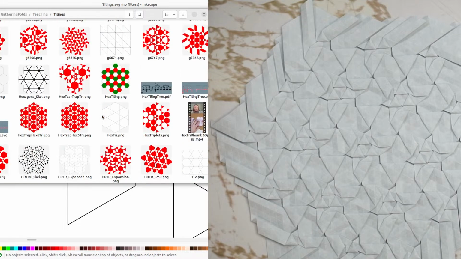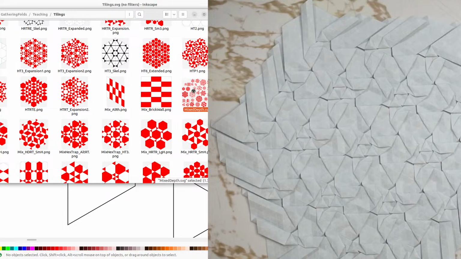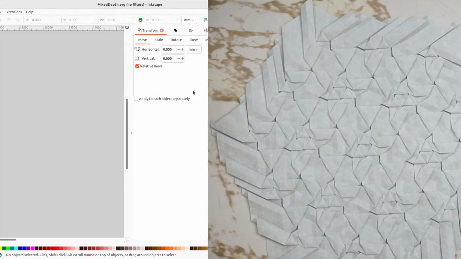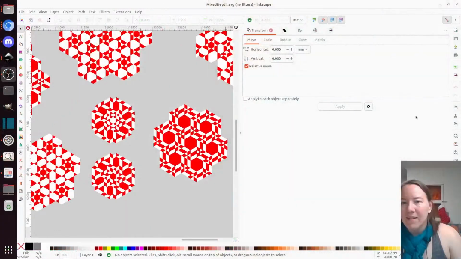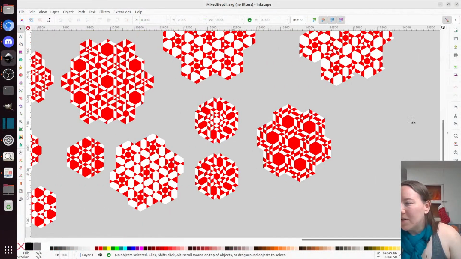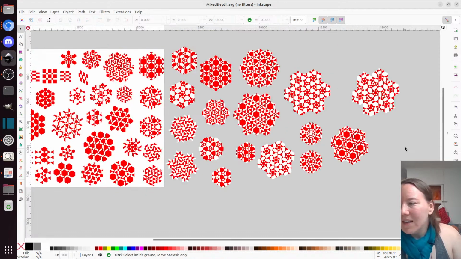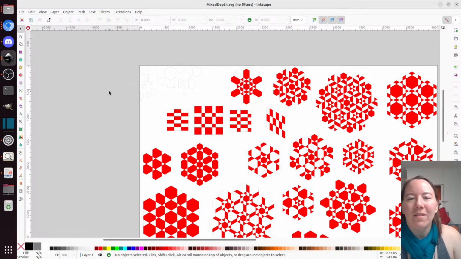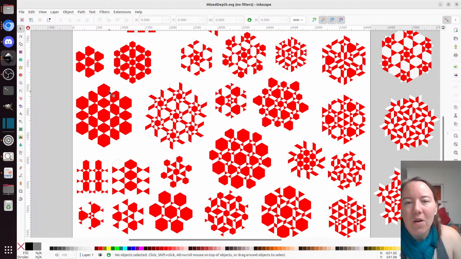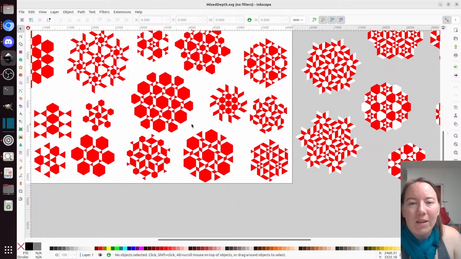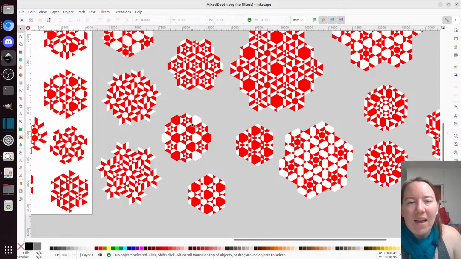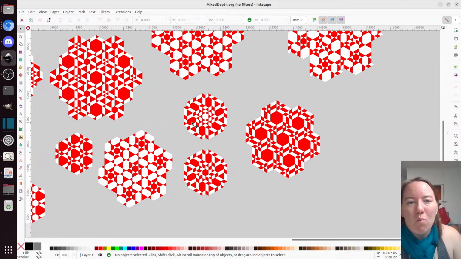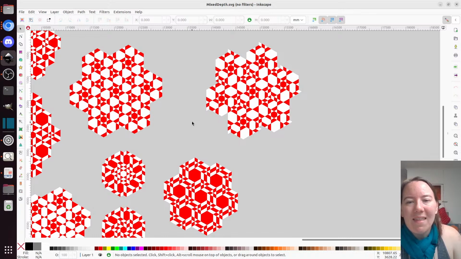Need to go to tilings to see the tilings. There's all kinds of options for these mixed depth tilings as well. So it's never something where like, oh yeah, I've found all the tilings and then you're done. No, there's always more things to be discovered. Always more options for tilings that you think you know. And yeah, just more and more and more that can be done